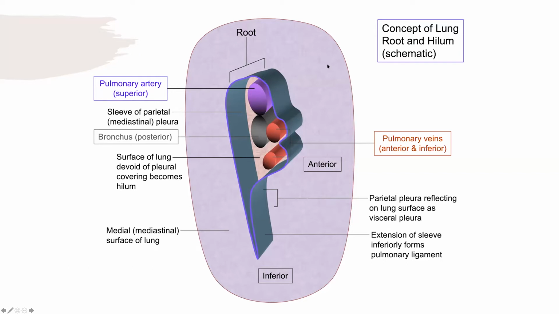And now from the top, what should I label it? I should say this is the root. So this is the root, and that's the hilum. This is the root of the lung. So structures are leaving or entering the mediastinal surface of my lung. Are we good with that? Good. So now we talk about that. And now look at it. This is a gateway, we are going inward. If we go inside, we are entering into the substance of the lung.